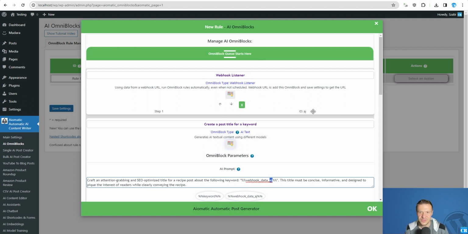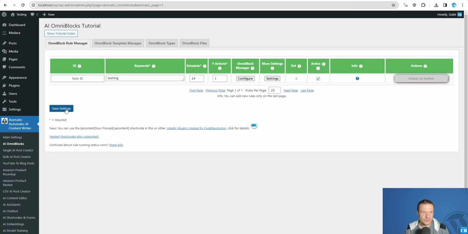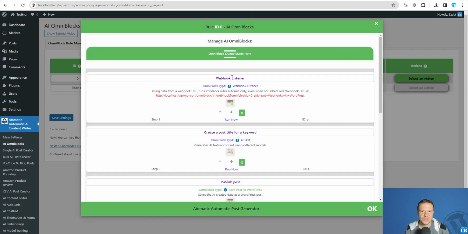In this case it's AJ, but in your case this might be something different. Okay, so we should go ahead and save settings now. Don't forget to add also a keyword in the keywords just for this to work, and afterwards the webhook listener